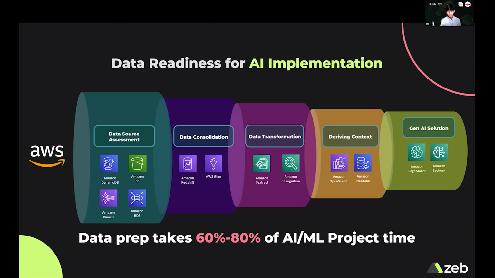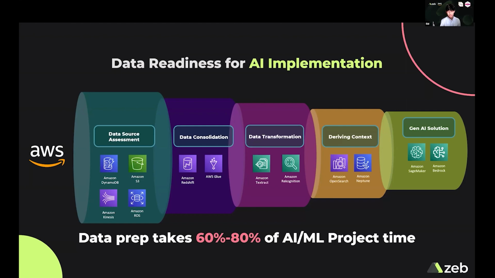The next phase that we look at is this data transformation. So now we have all of our data in a single place, but is there any other transformation we can do on top of that data when it's coming in various modalities, right? Apart from just your regular structured data, when you have data living in documents, images, videos and transcripts, we can make value out of that data as well, using some of the Amazon services that let us transform that data to then be operationalized by a generative AI solution.